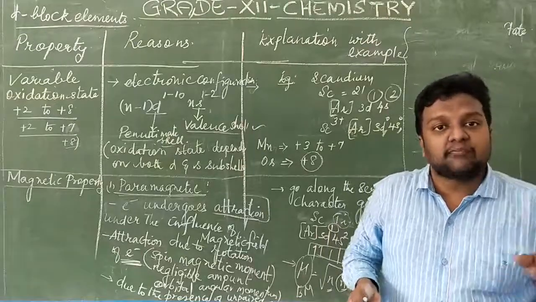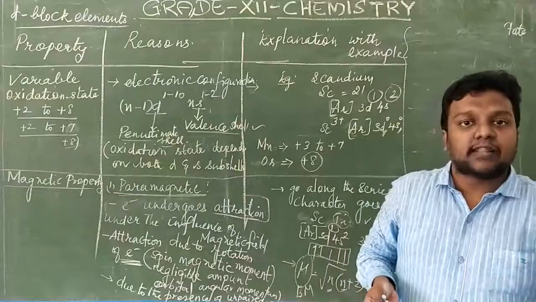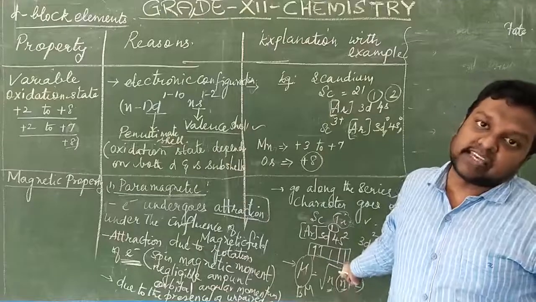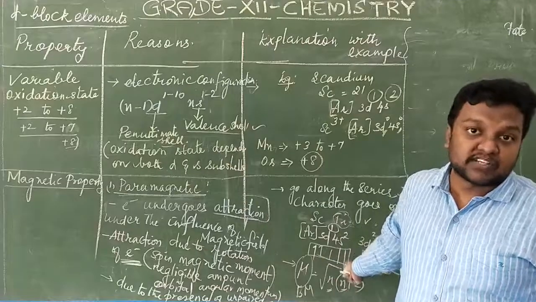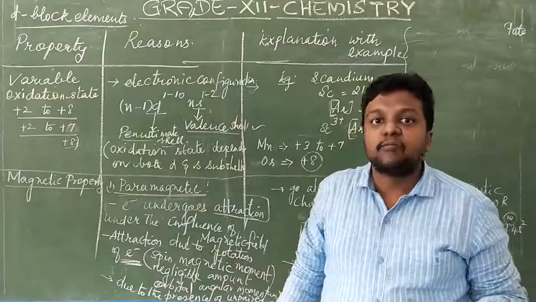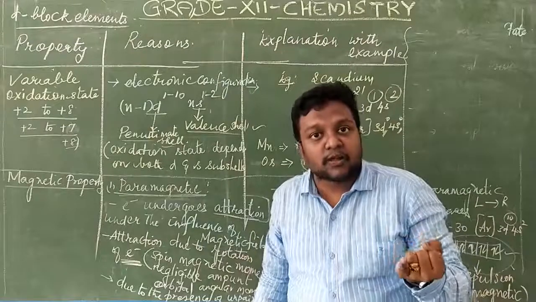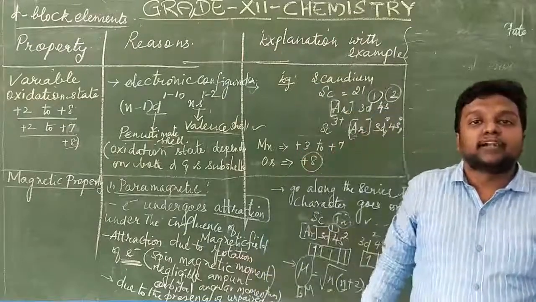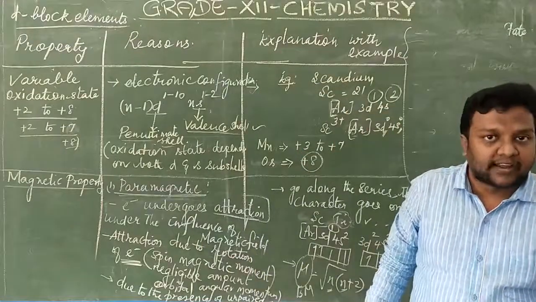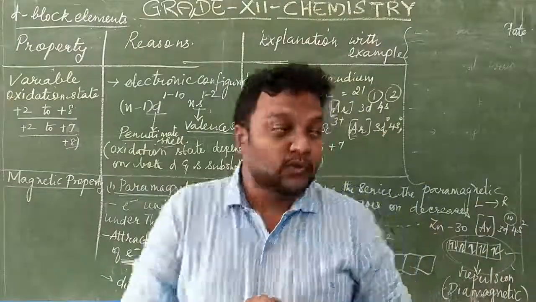Suppose when it is paired, such metals, when subjected to the magnetic field or the electrical field, obviously we will see repulsive forces, repulsion. Then we cannot find out the proper magnetic moment. We cannot find out the orbital angular momentum, nor the spin angular momentum, nor the magnetic moment. This is for the magnetic property. Now we pass on to the next one.